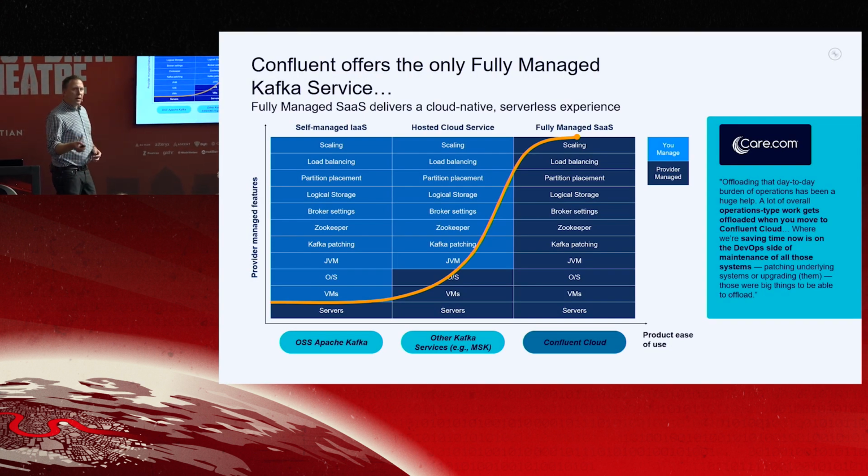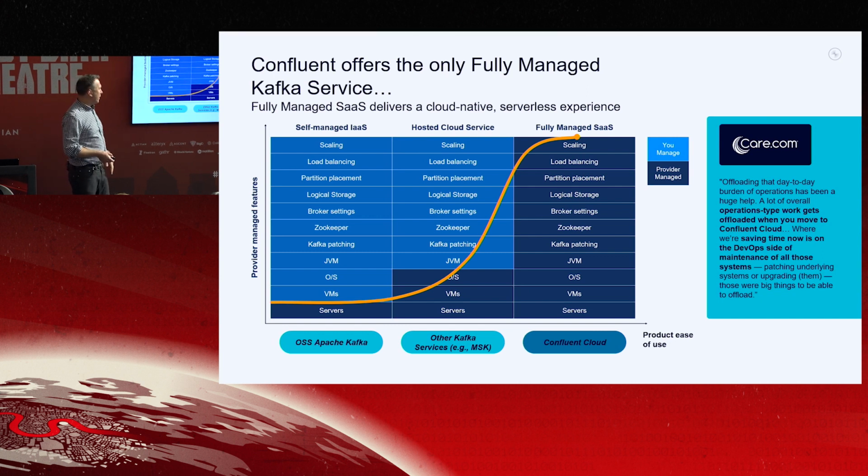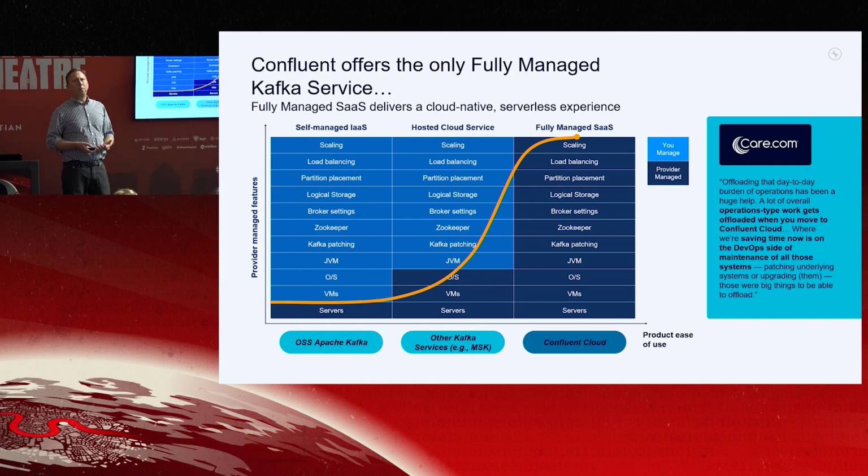So if you think about the puppy analogy, if you have open source Apache Kafka and you run it on cloud, typically the servers are provided for you, but you still have to run your VMs, your operating system, your JVM, you have to do your Kafka patching, scaling, load balancing, all of those types of things. If you go to other vendors' installation offerings for Kafka, you'll find that there's more things that are done for you. With Confluent Cloud, we're the only